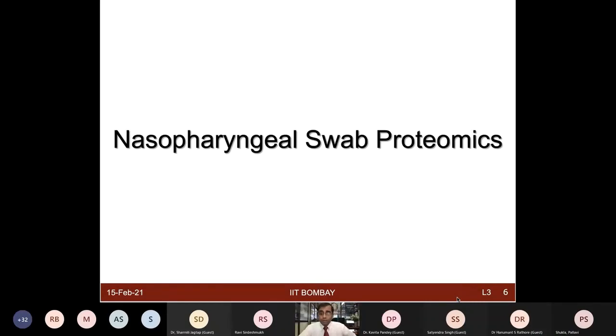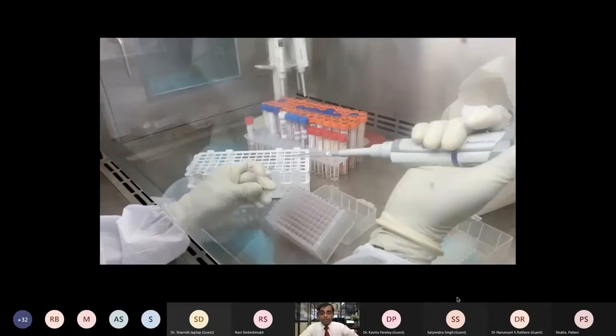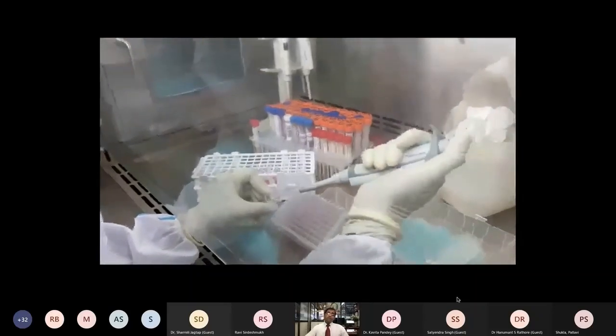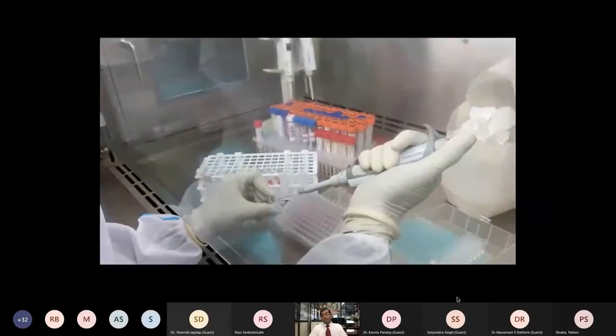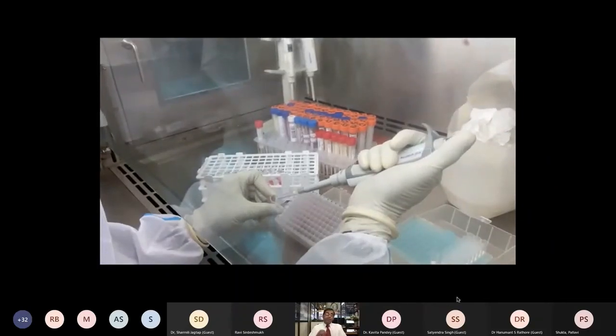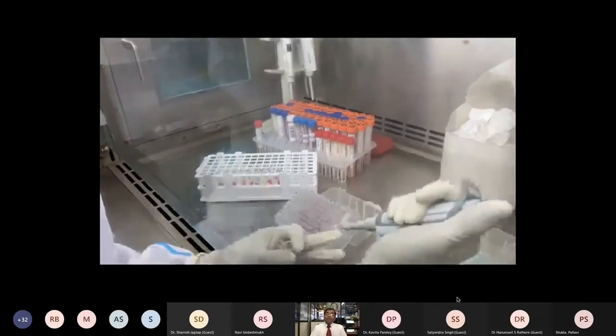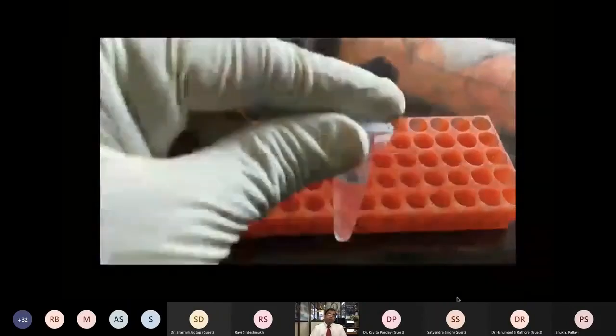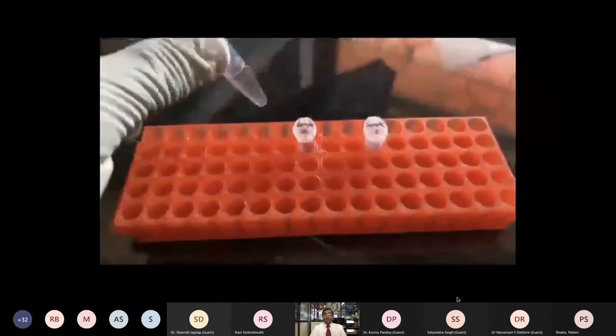So that's where I'll show you this brief clip of initial processing of the swab, but I can have some discussion about how to take this type of thing forward. So now in this situation, the first consideration, before doing any experiment, was can we inactivate the virus from the sample, right? And at the same time, we don't want to lose